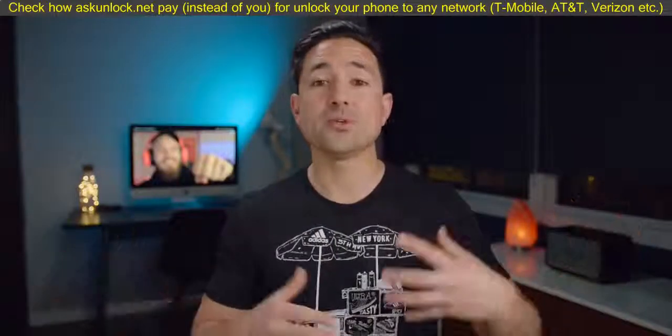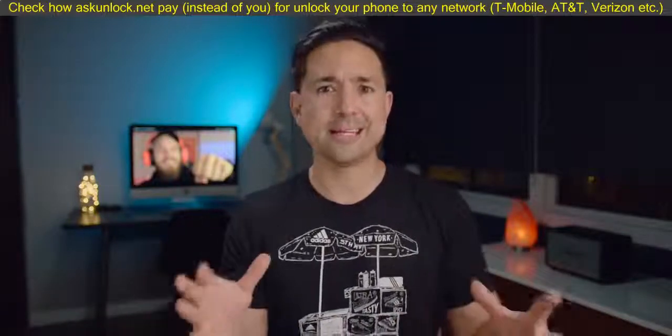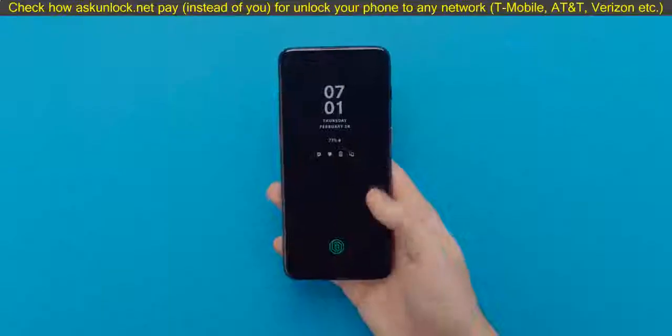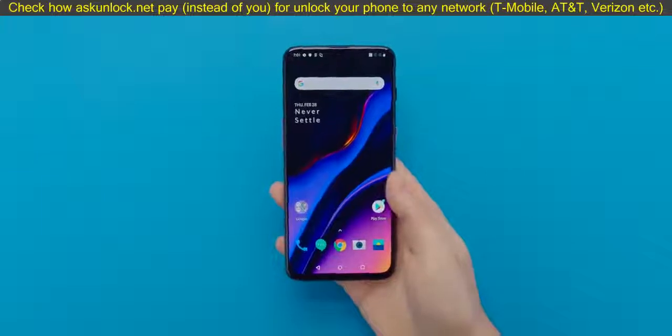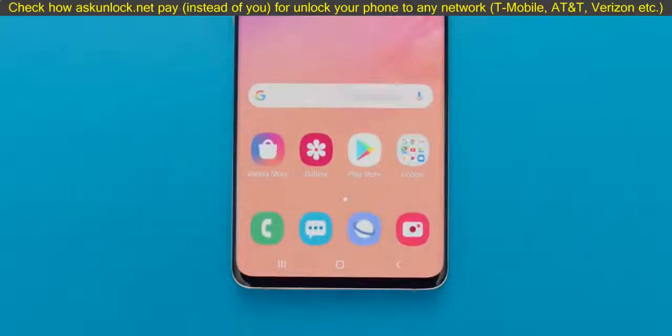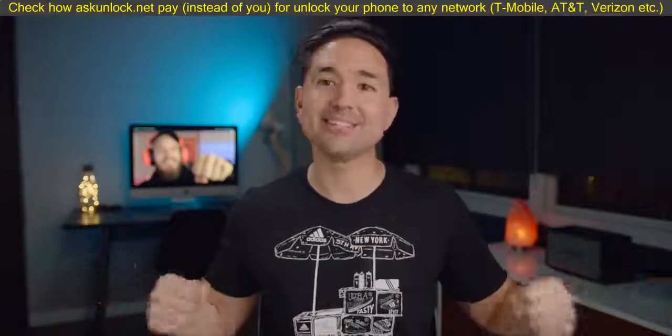Now for comparison, I wanted to showcase it against the OnePlus 6T, and not so much to crap all over the OnePlus 6T because that's not really fair. Yes, they are in-display fingerprint readers, but they're actually two different technologies. The OnePlus 6T features a 2D optical sensor, whereas the Galaxy S10 features a 3D ultrasonic scanner, and that's really where I want to highlight and point out that that's impressive and give the Galaxy S10 just a little bit